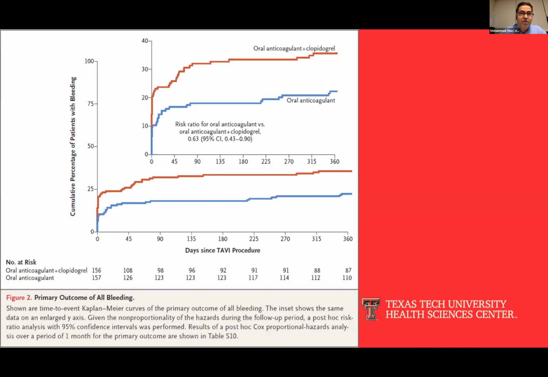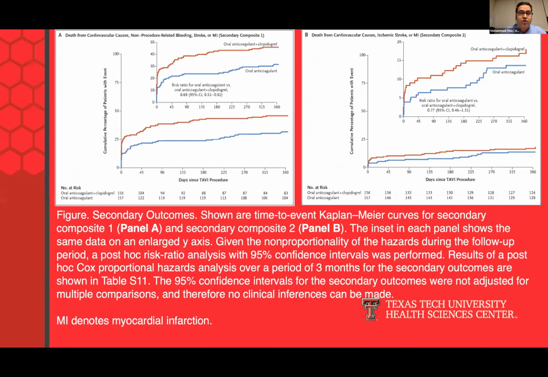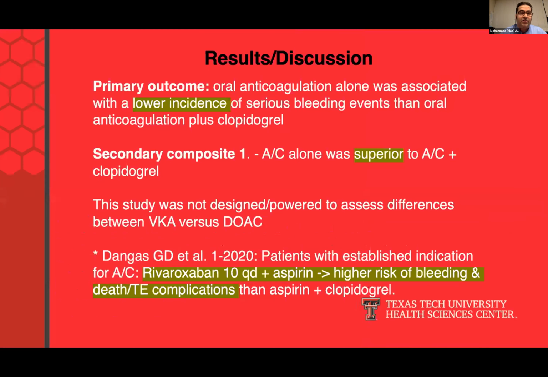We talk about anticoagulation alone versus anticoagulation and Plavix. The preference was anticoagulation alone over those who qualify for anticoagulation. So there's no need to put extra stuff if you want to reduce bleeding in these patients. So the primary outcome, oral anticoagulation alone, was associated with lower incidence. So when we talk about double therapy or triple therapy, this trial and the meta-analysis related to it clearly pointed out